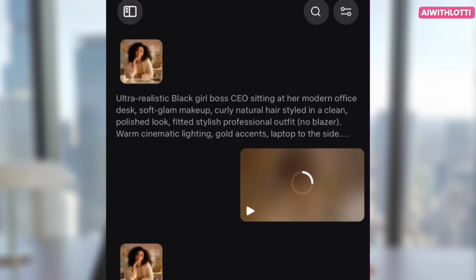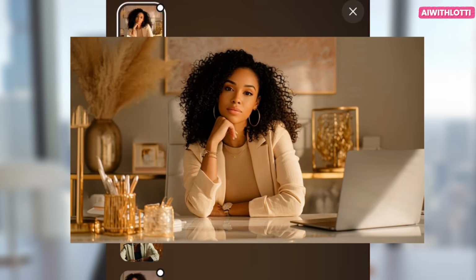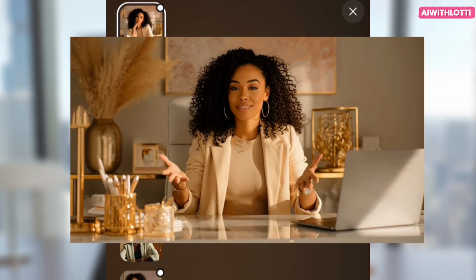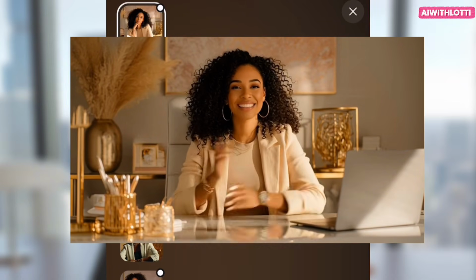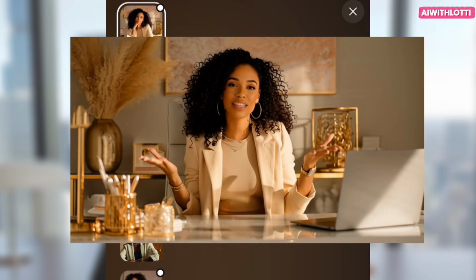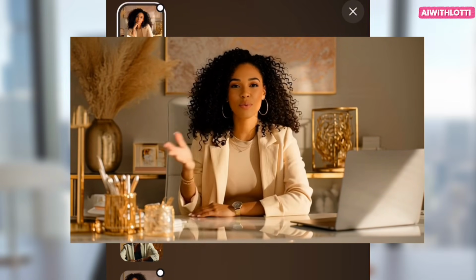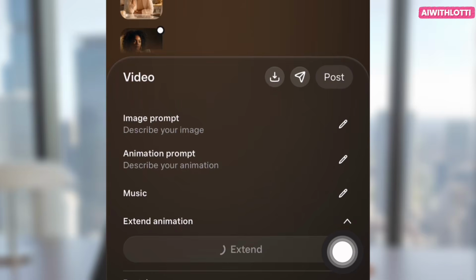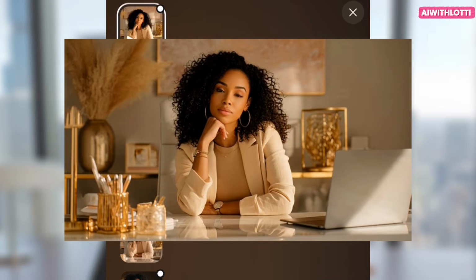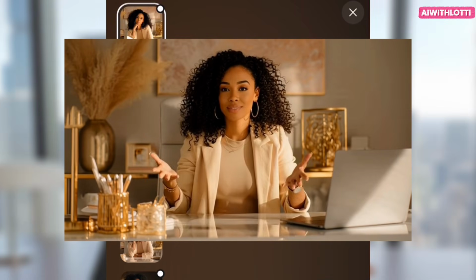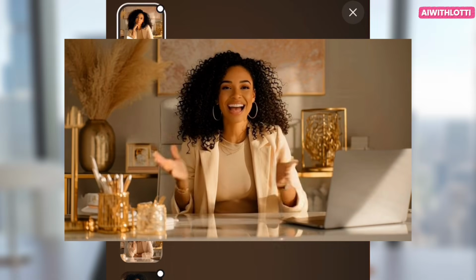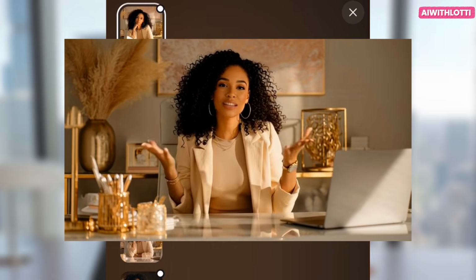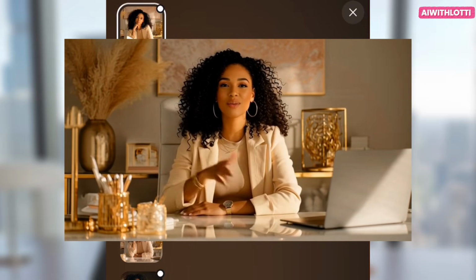to be. And it already knows what you want. You don't have to customize the extend because it already knows where you're going. Just make sure that you are specific on the first video that you create. And that's it. No more clicking duplicate and reversing your video to make it loop. No more same hand gestures so that it doesn't look natural. Meta.AI allows you to extend your video and create different facial expressions and hand gestures, or whatever you want your